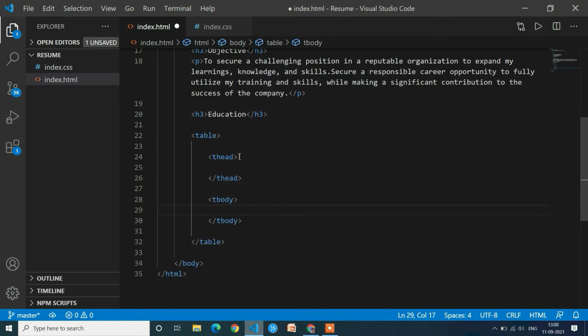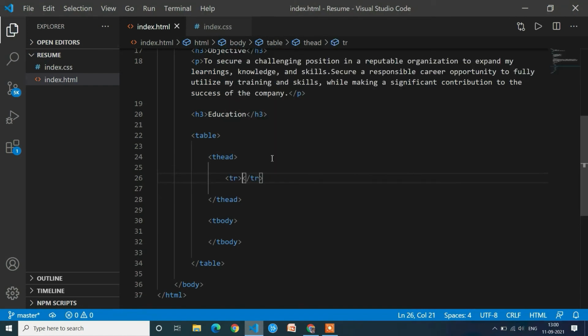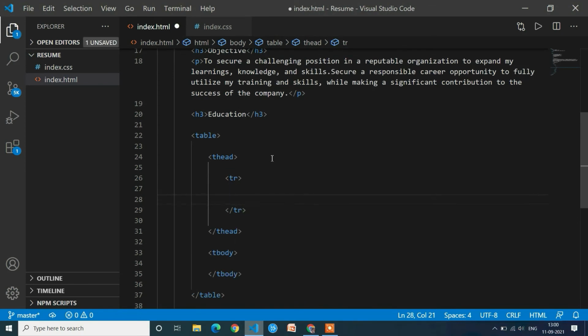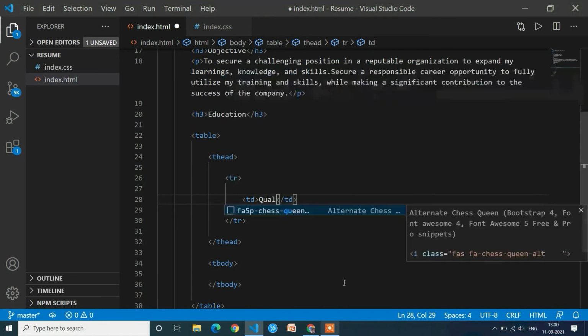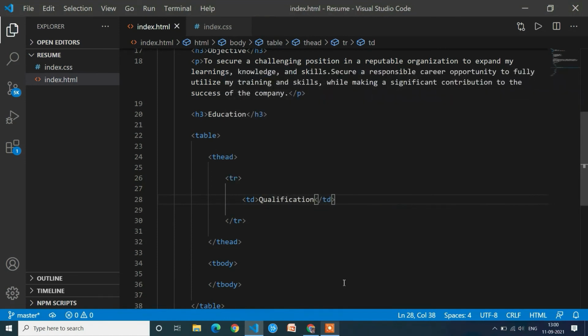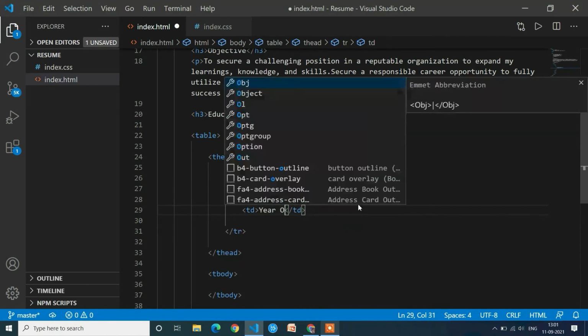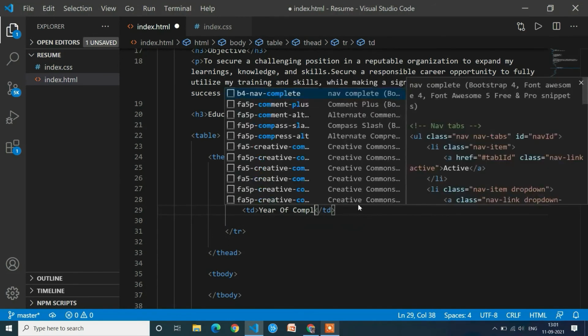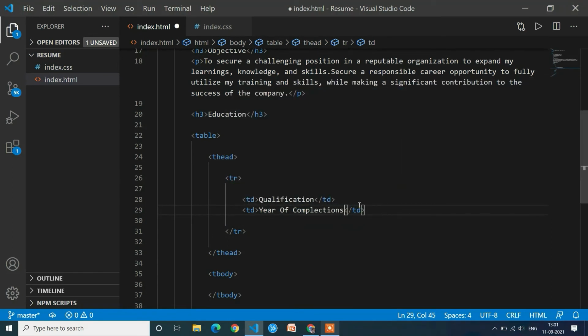So in the T head we have only one row because we have to add the table header. That's why we just need to write TR, one TR. In these TR tags we have to add the table cells, that means table data. We have to add the column names in the table data. So the first column name is qualification, TD qualification. Second column name is year of completion, year of completion,